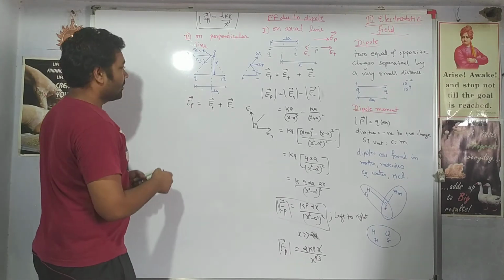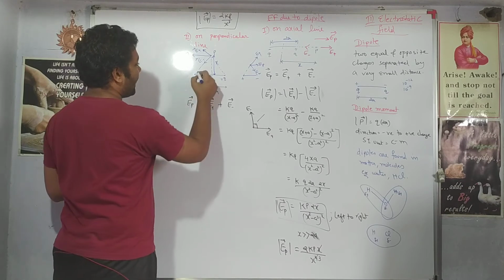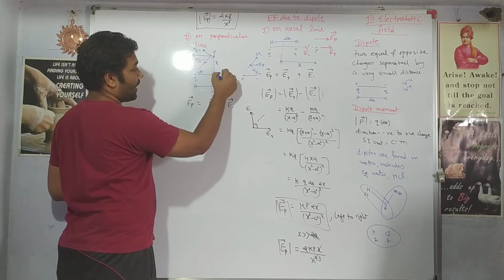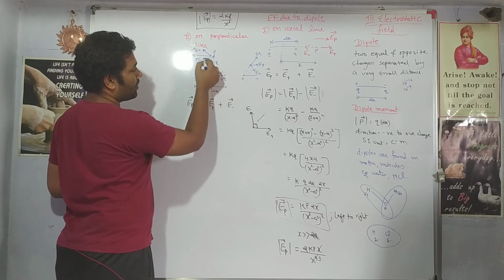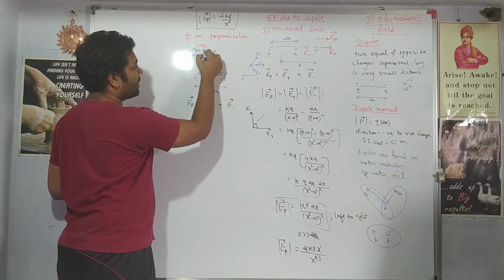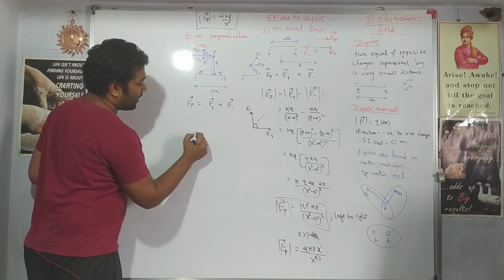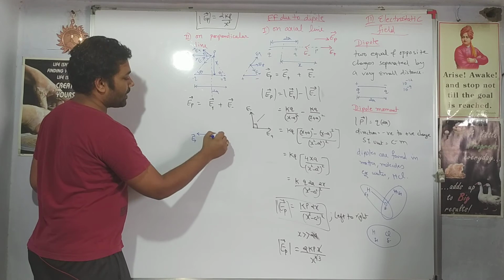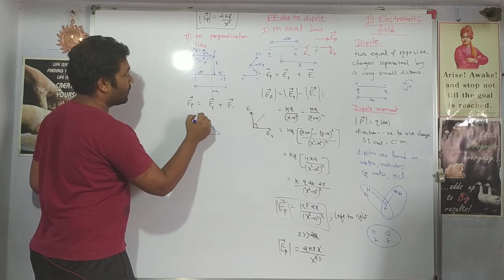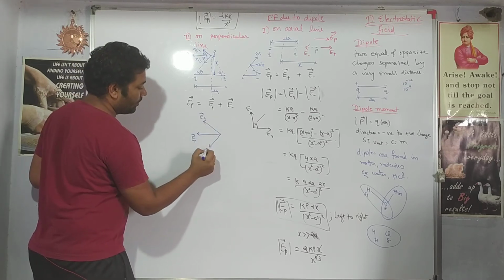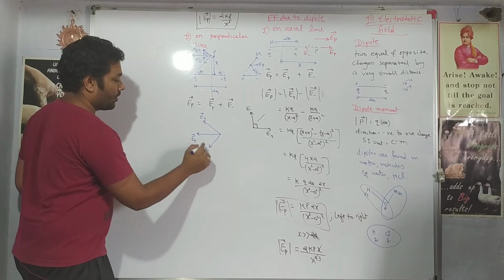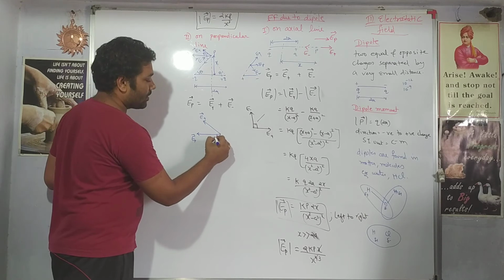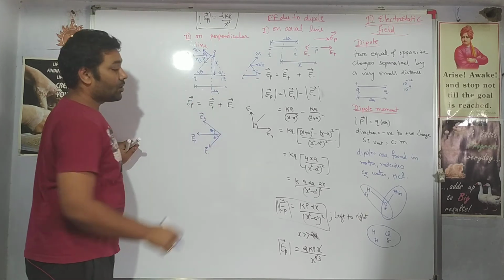So the steps are, let us say this angle is theta. This is an isosceles triangle, so this angle also is theta. As per the geometry, this is theta and this one is theta. I will redraw this diagram so that it gives you a better view and understanding. We have the electric field due to the positive charge and the electric field due to the negative charge. We are not sure that this angle is 90 degrees. Let us say this is also theta and this one is also theta from the geometry.